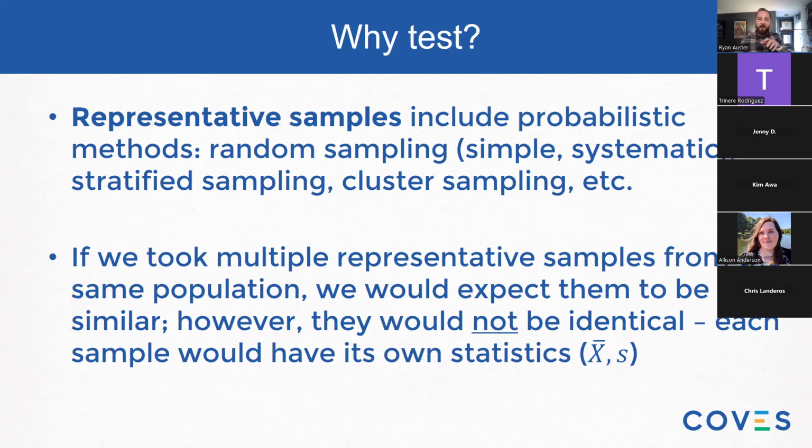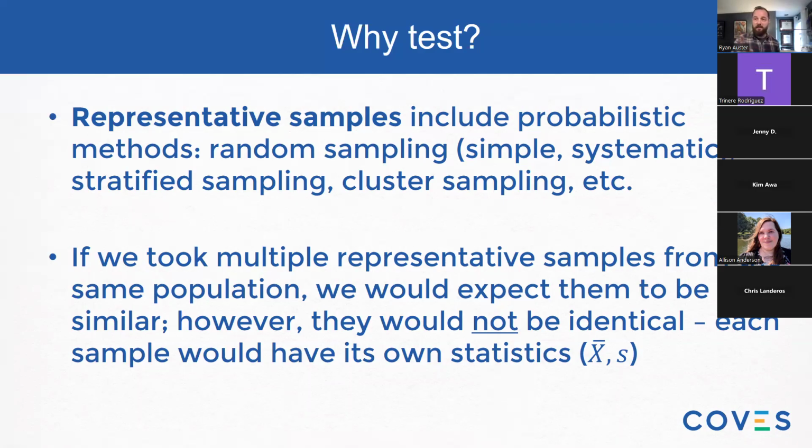But why does this all matter in the concept of inferential testing, right? The title of today's webinar. Representative samples mean something probabilistic happened, right? Random sampling, like we do for COVES, where we use systematic random sampling. You either approach every other group across an invisible line or something like that. You have a system in place for the random sampling procedure. It is one of many types of sampling that could occur, including stratified sampling and cluster sampling.